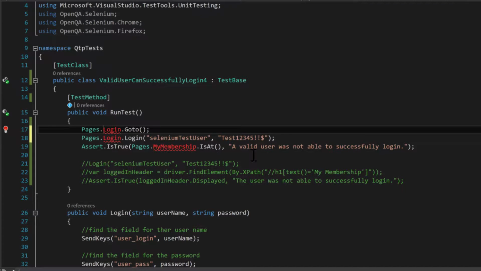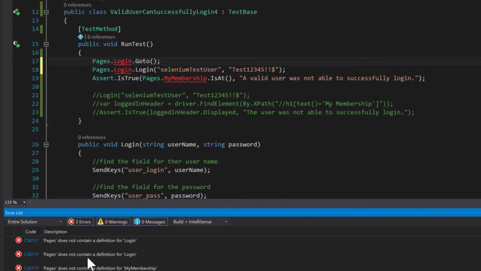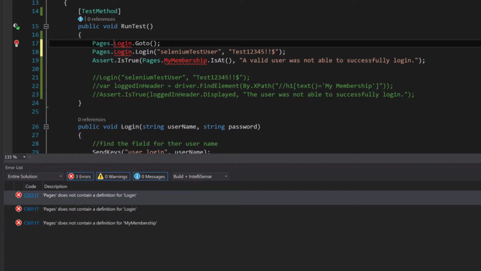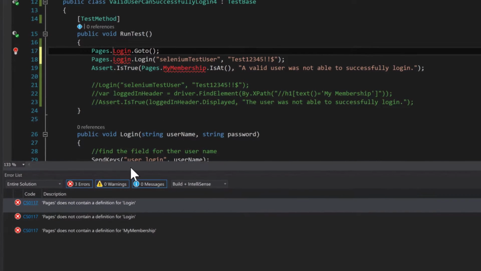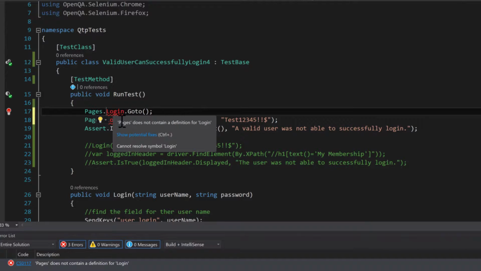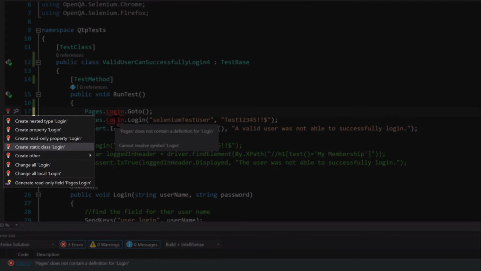And by the way, guys, if you lose track of where the errors were, you can always come up here to the error list and it will show you all of the errors. So look, if I double click, it takes me to the error. I'm literally just going through error by error and fixing them so that the test works. We started with our test completely not working, and little by little we're implementing pieces of it so that it does work. So anyways, I'm going to hit Alt Enter, and then I'm going to create a static class called